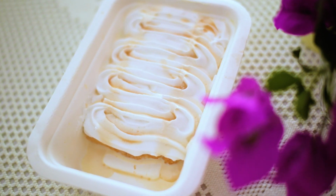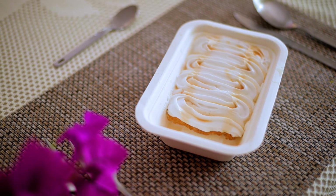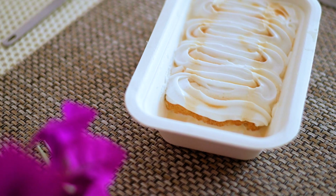Milk cake. It's called tres leches. Anyways, 3 milk cake or something like that. Ooh. Remember when I said that baguette was the best thing I put in my mouth? Well, I guess it's the milk which has made the cake itself moist, and so when you bite into it, it's just like juiciness exploding all over your mouth. And also it's not very sweet, which I really appreciate in desserts. So I would highly